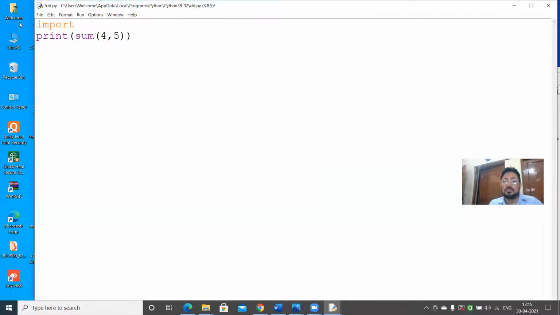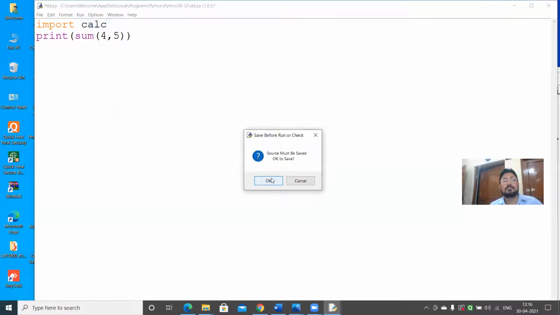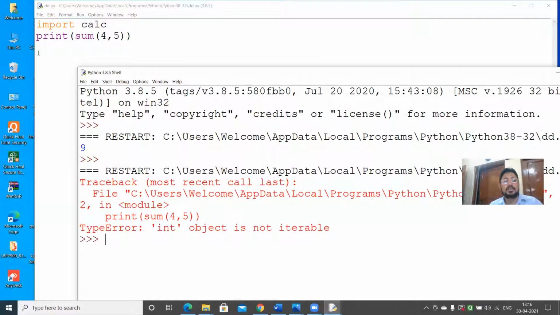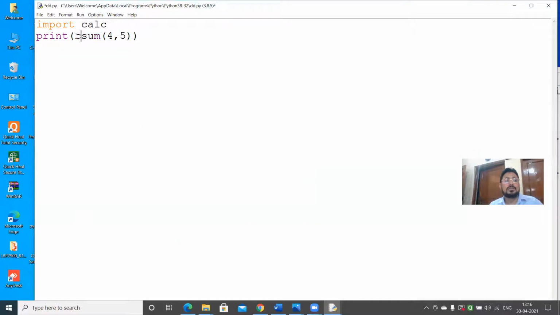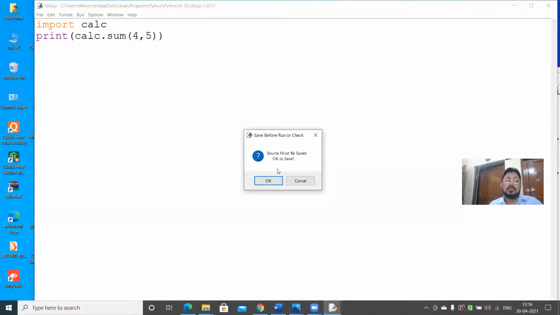Importing the entire module means calling all the functions of the module. If you write only calc and then run it, check, it is showing an error. So what I should do here is write calc.sum. You should know this difference. And then run. One more interesting point I will tell you.